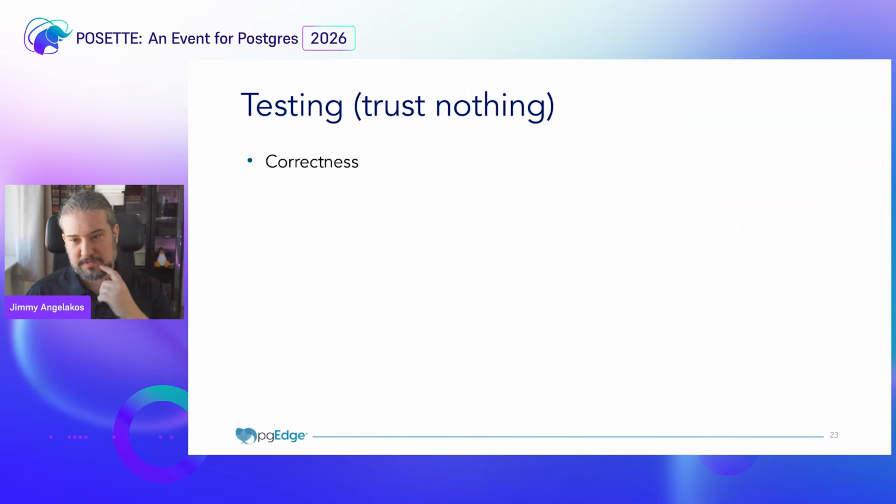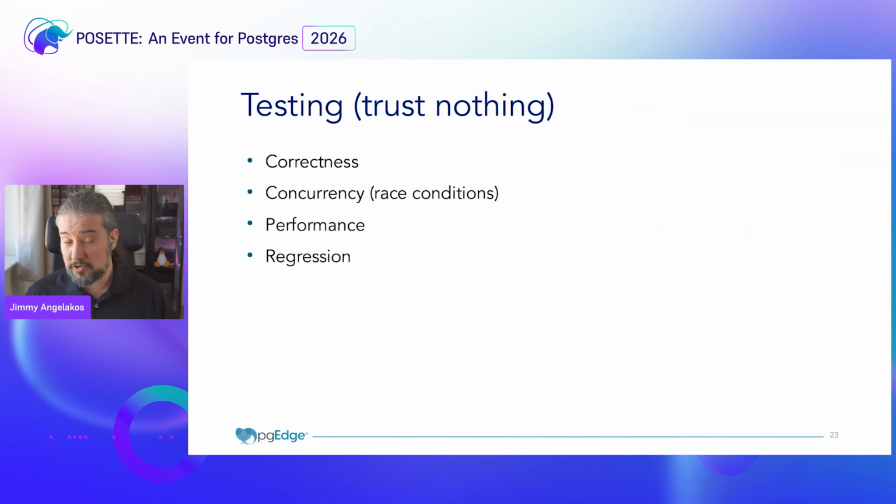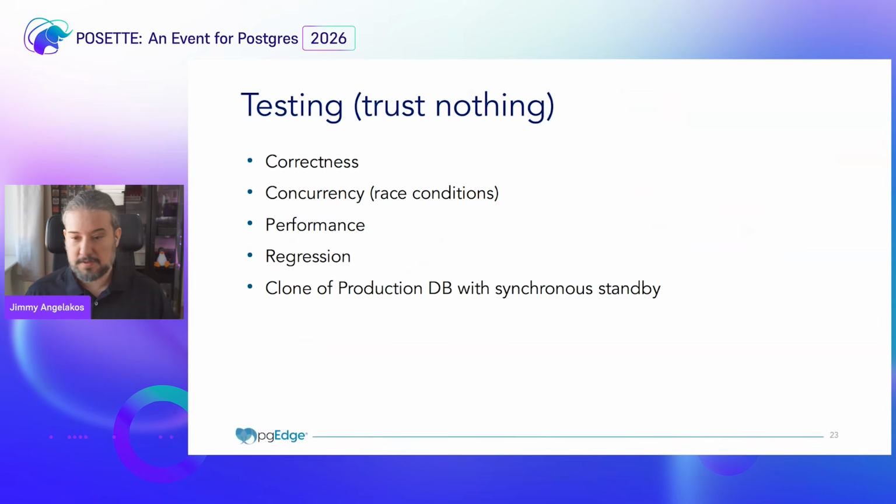How did we test this? You should test everything and trust nothing, including your own code. We tested this for correctness, concurrency. We tested for race conditions that could arise because we changed the queuing logic of the whole application and database interaction. We tested it for performance regressions in case it broke something, on a clone of the production database that